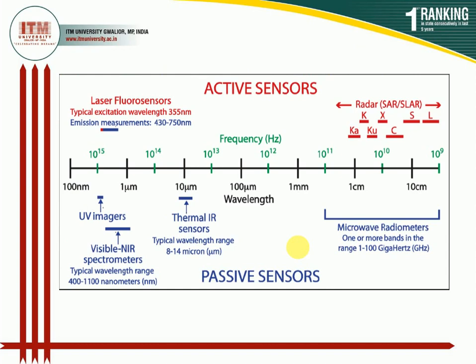Next are the sensors. Sensors are devices which have the ability to sense certain electromagnetic radiation. There are two types of sensors: active sensors and passive sensors. Active sensors sense the artificial light, or the light which is transmitted by the satellite itself, and passive sensors sense the light radiation which comes from the sun or a natural source of light. There are various sensors for the remote sensing technique. A few are active sensors and a few are passive sensors, and they work at different wavelengths or different band patterns.